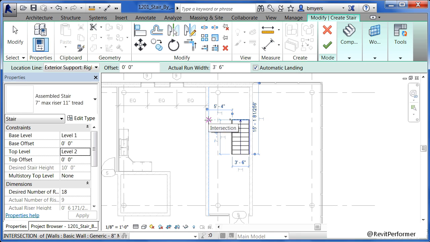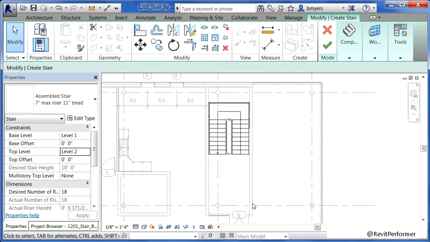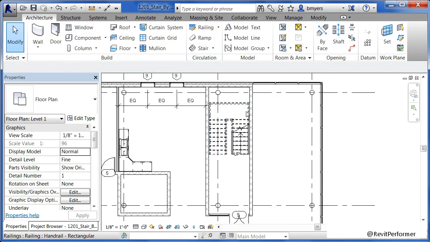Next, move over here and roughly line up with the other staircase, click again, and then come straight down. You'll see it's trying to automatically add a landing there in the middle. And I'm not being really accurate when I click, so you don't have to click necessarily where you see the last tread. You can click somewhere out here in space, and that will finish up your staircase. Once the staircase has been drawn in place like this, click on the big green check mark.